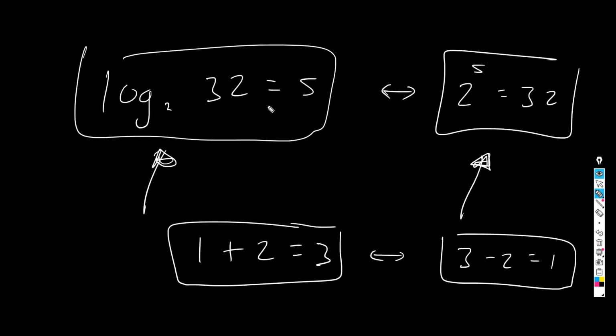I'm going to give you the exercises in which you're going to have to go from the exponential form of a statement to the logarithmic form of that statement and backwards, from the logarithmic form, even the words are difficult, to the exponential form, and you're going to do that so many times